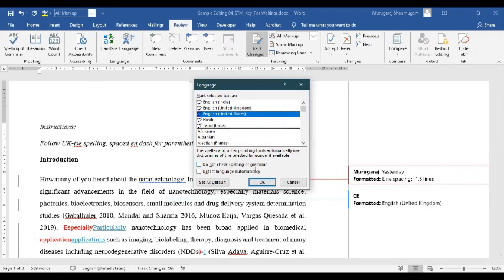Do not check spelling or grammar is equivalent to having those two checkboxes checked. And detect language automatically is good as long as you do not have a preference and want to go by the majority occurrences in a document.